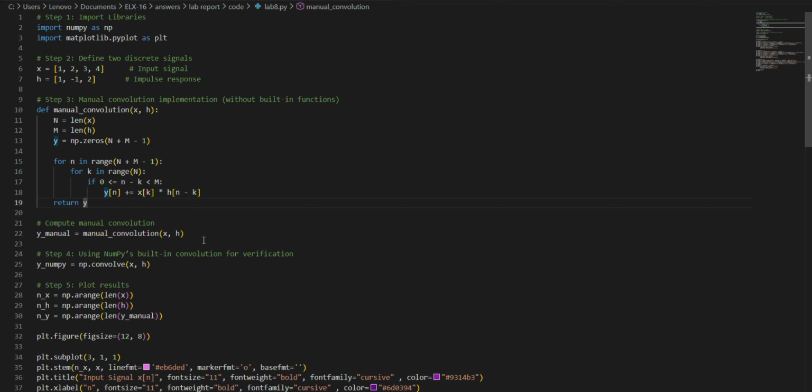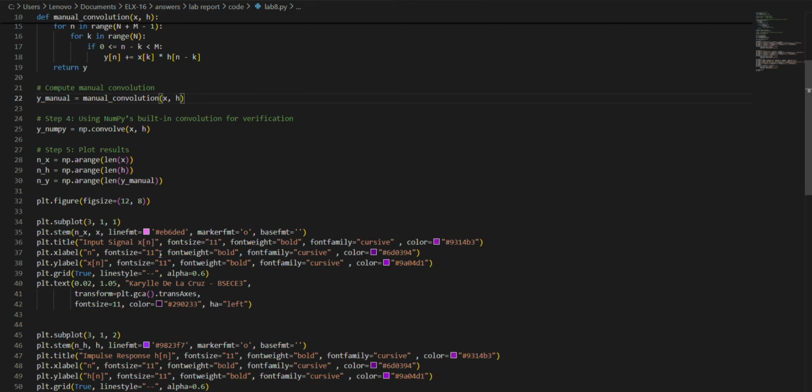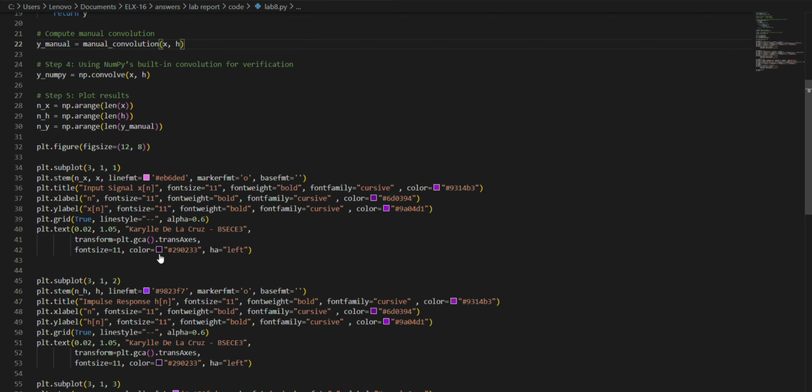To verify the correctness of the manual implementation, I also compute the convolution using NumPy's built-in convolve function, which should produce the same result. Then I define the discrete index values of x of n, h of n, and y of n so they can be plotted correctly. In the plotting section, the first subplot shows the input signal x of n, the second